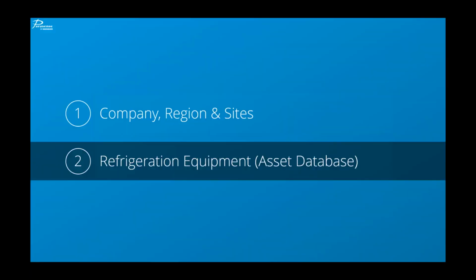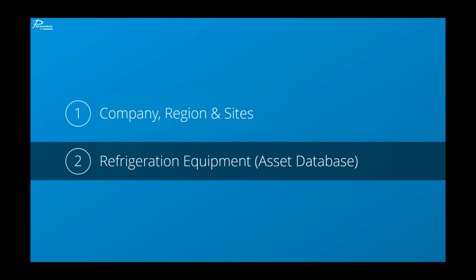Let's move on to the asset database. Once a site exists, refrigeration equipment can be added to the site. In contrast to the organizational structure, the site inventory is available to all users. It may be likely the case that a maintainer is on site and needs to carry out maintenance on equipment that may not yet be in the system, so it's important to allow the ability for records to be created